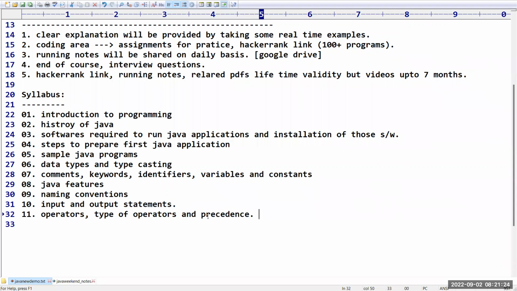Sir, I have one simple expression, like 2 plus 3, into 4. Sir, in two ways we can solve this: evaluate first addition and then multiplication, or first multiplication and then addition. Sir, how is Java going to do it? That thing comes under precedence. We have a precedence table, and based on that it is going to evaluate. So next we are going to talk about